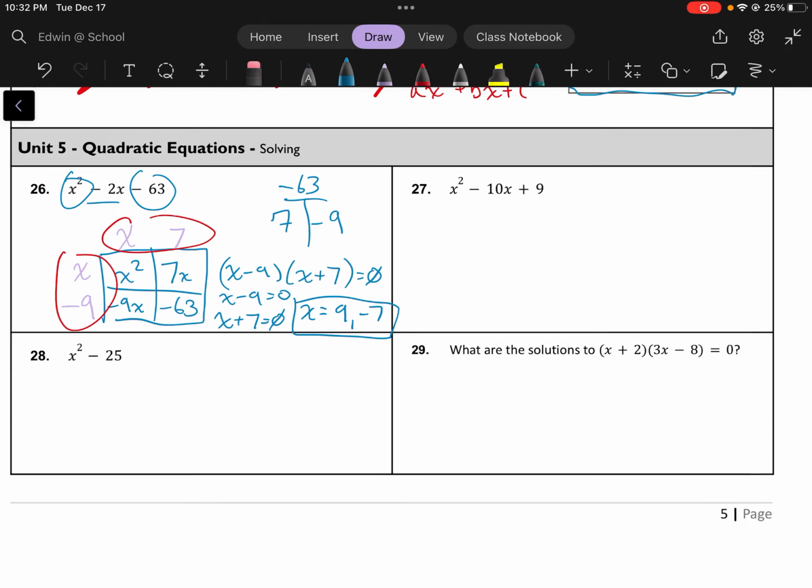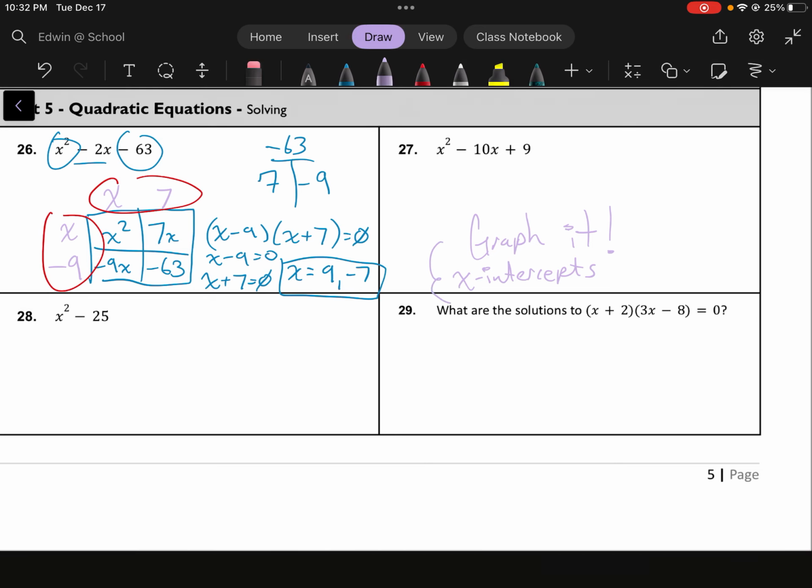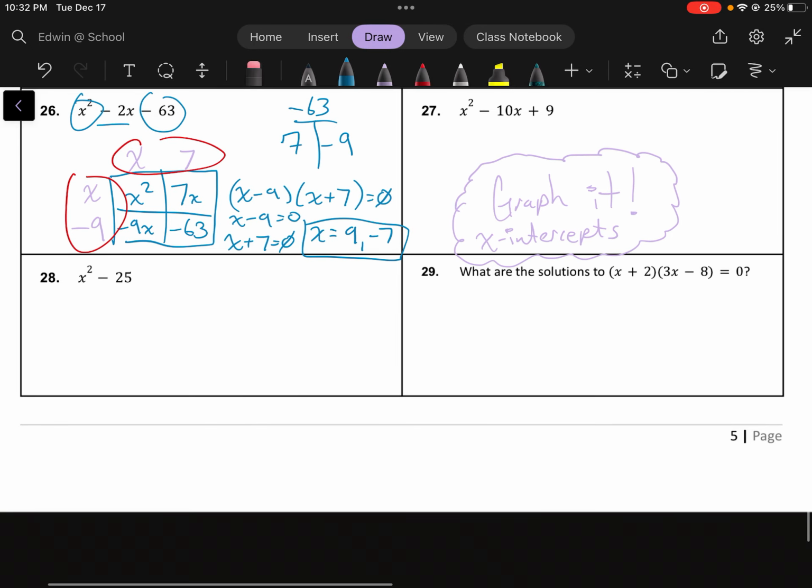So this is going to be the same process that you're going to do pretty much for all these questions. Or you'll just be able to graph it. Maybe that's what you could do. Find the x-intercepts. So instead of having to do this box method every time, you could just graph it and see where the quadratic function has x-intercepts. You're going to be able to do this for a lot of these different types of questions. So I suggest try graphing almost every single question that you can